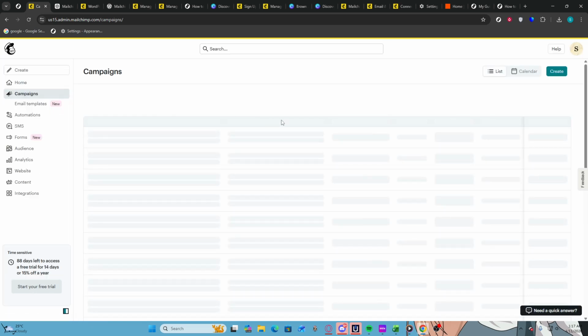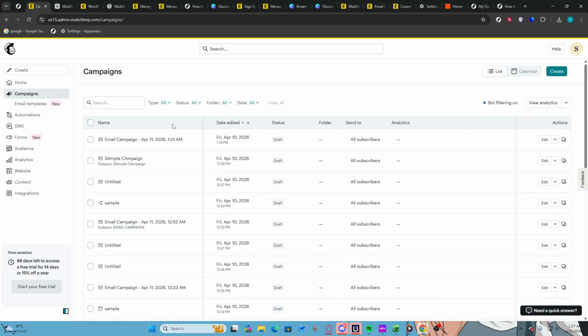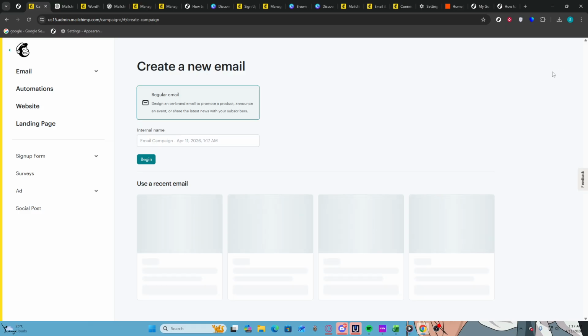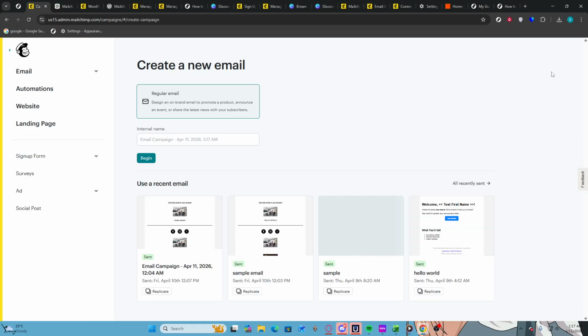This action will take you to a list of your existing campaigns where you can view, edit, or create new campaigns. After that, click on the Create button, which is typically located near the top right corner of the Campaigns page. Once you click this button, you will be directed to a page that allows you to start a new